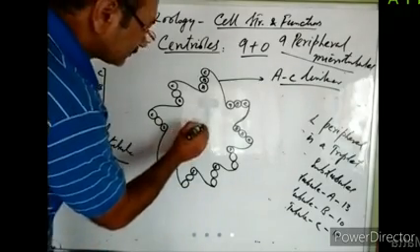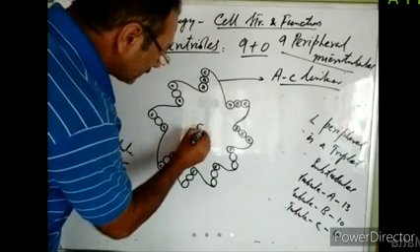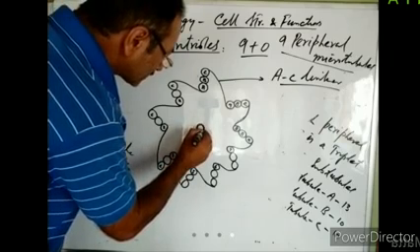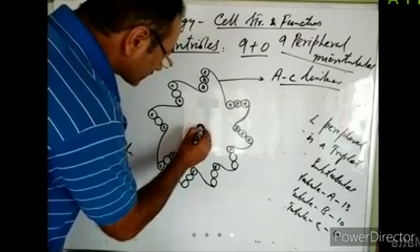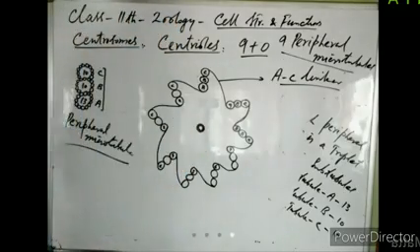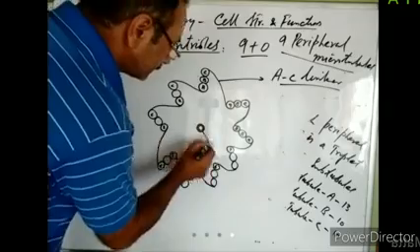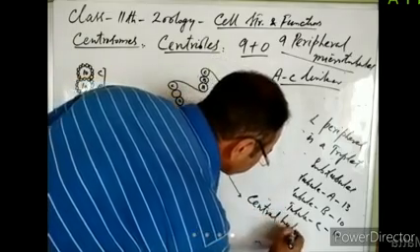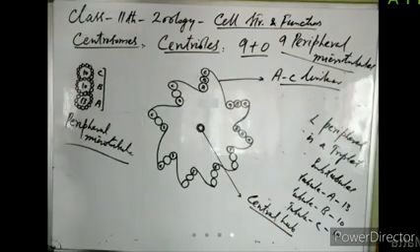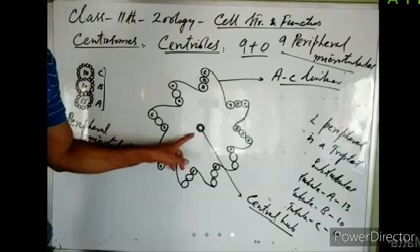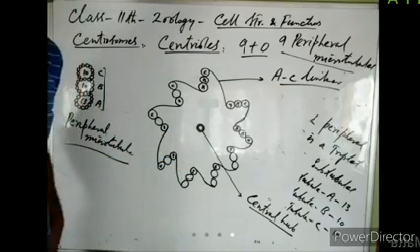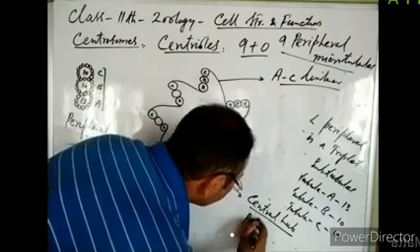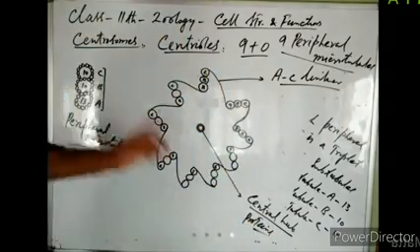At the center of this centriole, there is a dense material protein thickening. This dense material protein thickening present at the center is known as the central hub. As I told you, the central hub is not a microtubule. It is formed of proteins. It is a protein thickening known as central hub. It is not a microtubule, right?